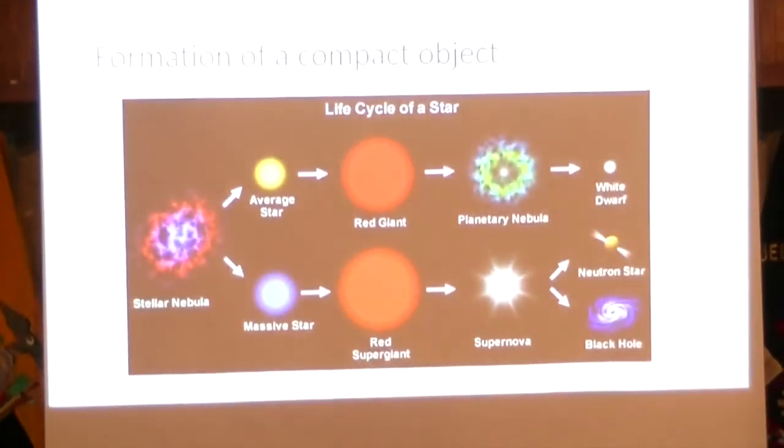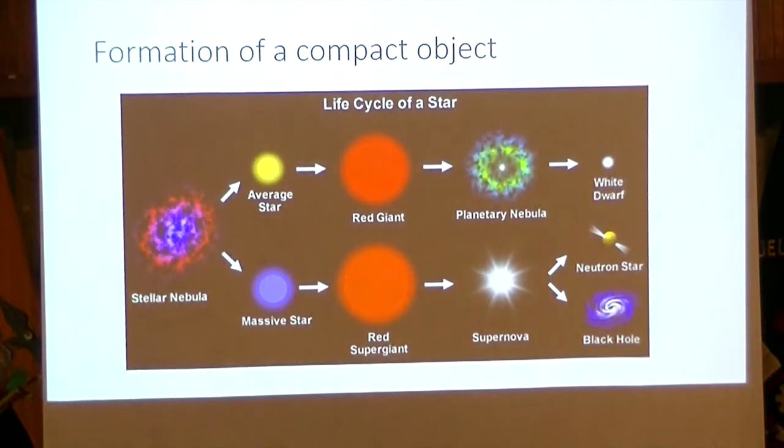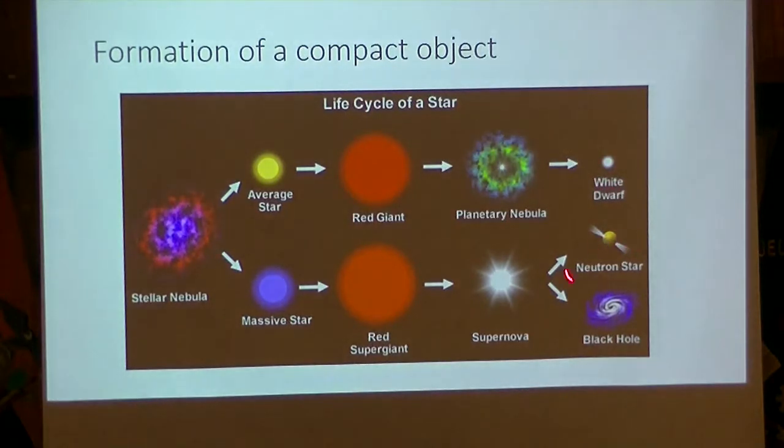So how do these compact objects form? We can see here the white dwarf, neutron star, and black hole that were mentioned on the previous slide. We'll start from the beginning. So this is the birth of a star. We have a stellar nebula, which is a big cloud of gas and dust, and within this cloud there are